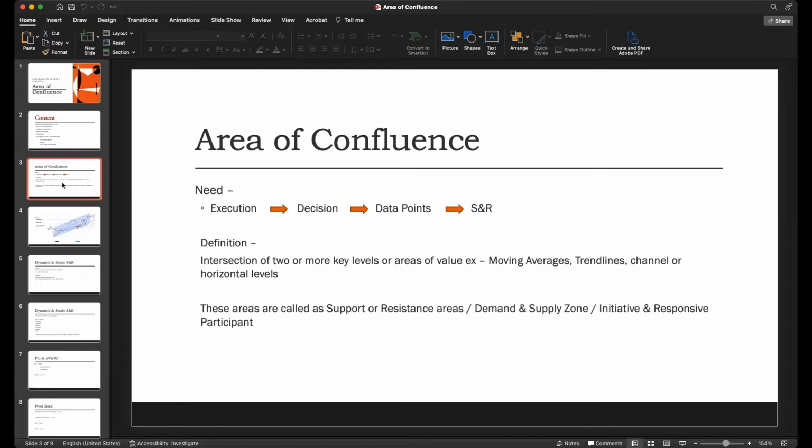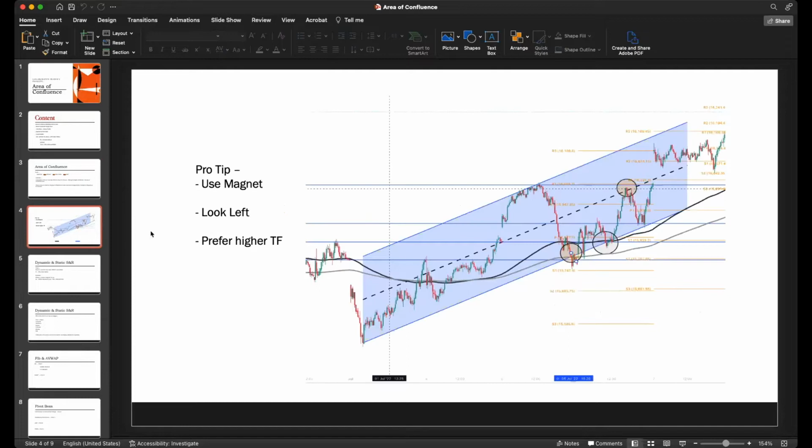They are also known as demand and supply zones, and in some cases, initiative and responsive participants. So moving to the next. This is just an example. This chart actually covers from 1st of July till the present structure. On 7th of July, the market was totally downward and then it starts moving up. So I just put in